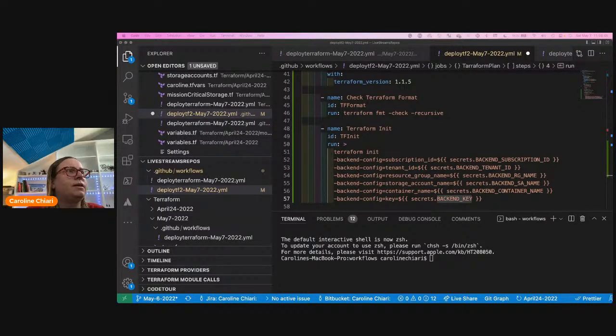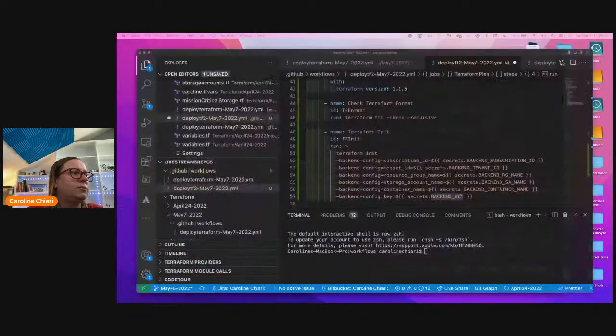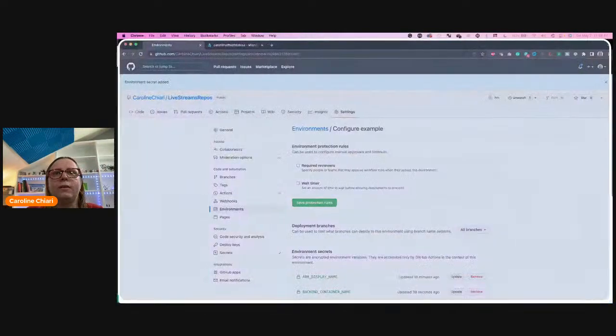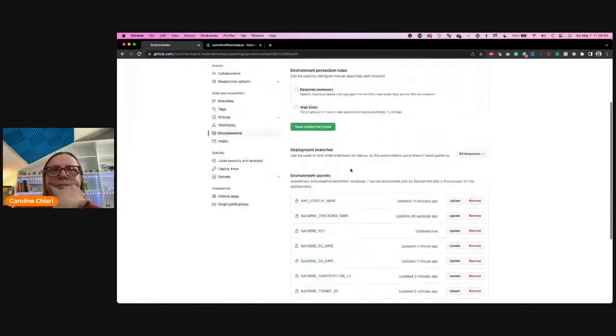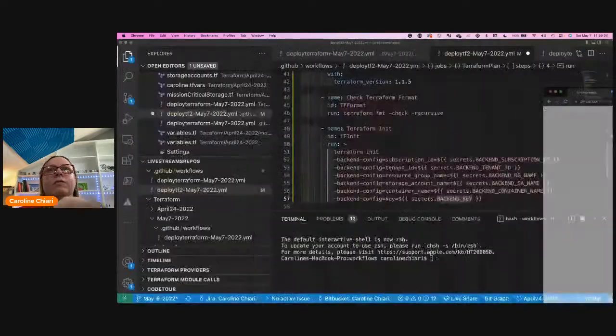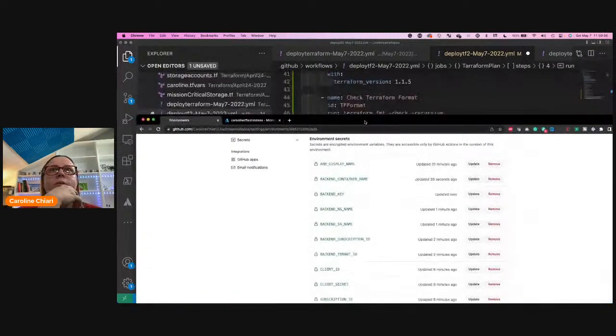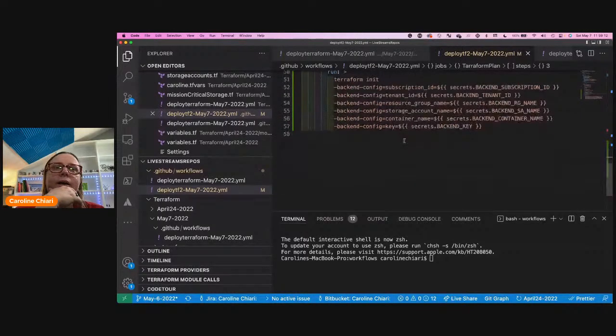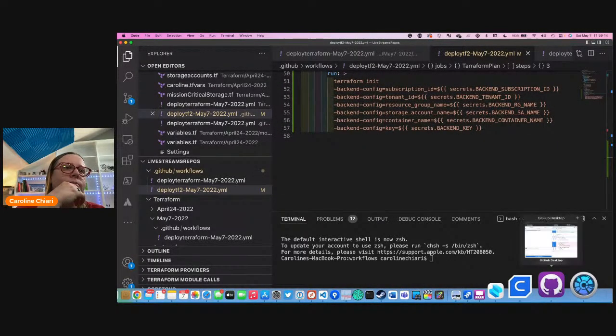And I think I am done. All right. And this is what it should look like when you're done. And if we run all this, right, now that we have our environment and everything set up, if we go and save this and we run it,